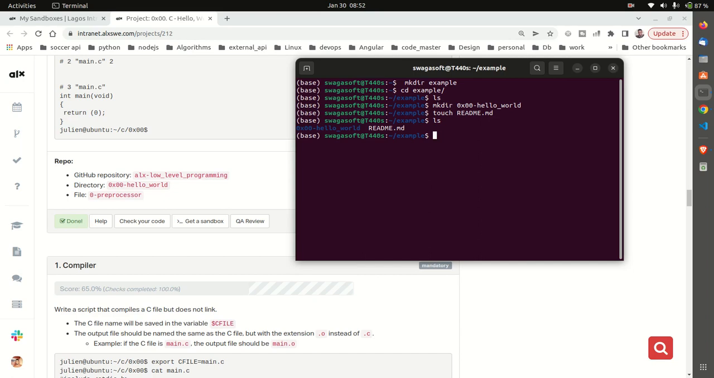Then it should not be empty. It should not be empty. You should actually put what you want to do inside the README file. You explain what you are doing in the README file. So next you should go inside the